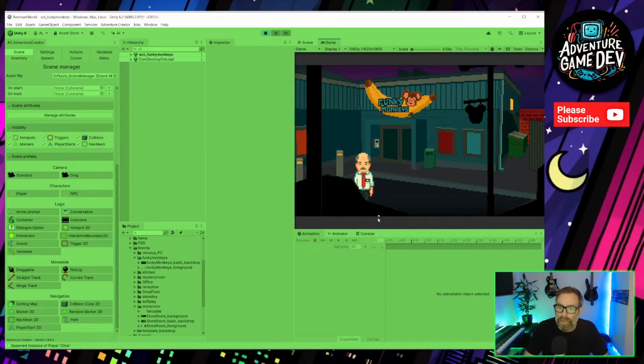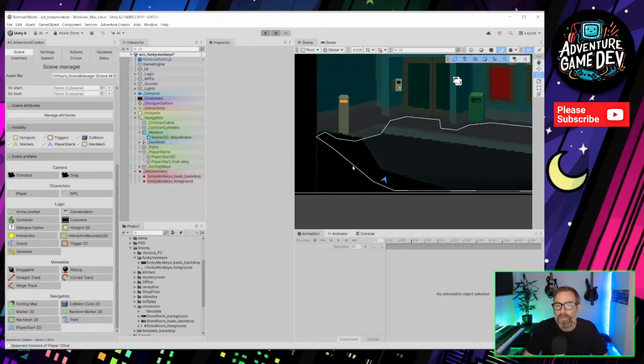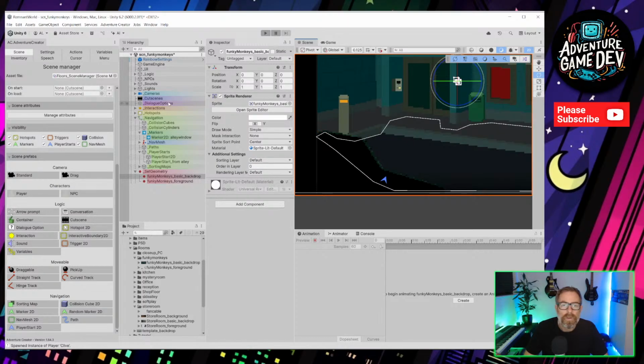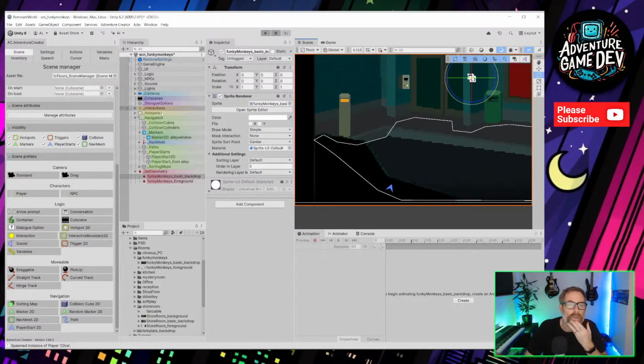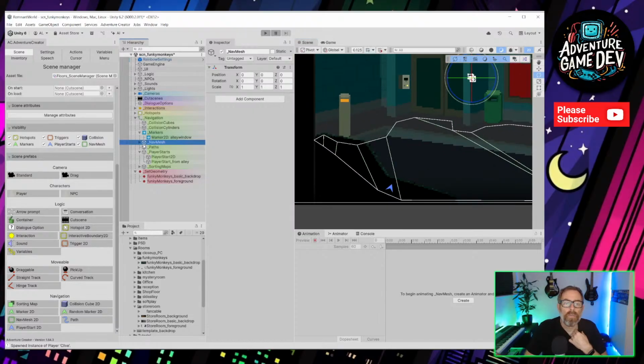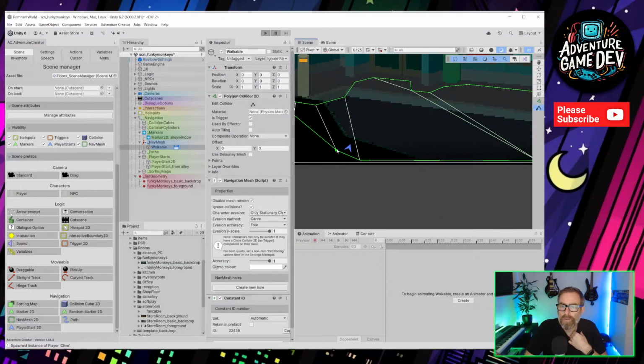All right, so I want it to be a bit lower here, ideally. There's not a lot I can do really, there's not a lot of space. So, what are my options? Actually, let's see if a walkable can go outside the render area. It might be able to actually, so if I go nav mesh, walkable, edit it,